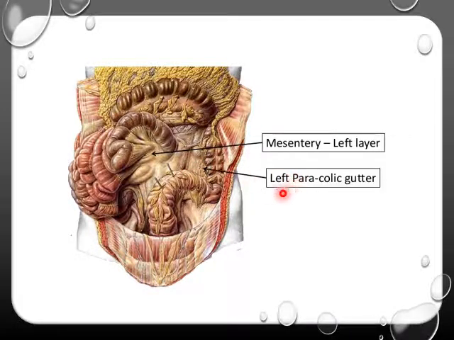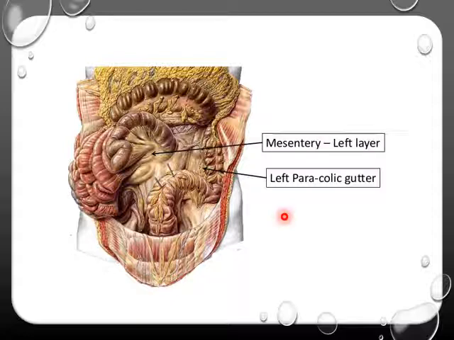Now one more thing you have to notice here is paracolic gutter. So what is this? Paracolic. Para is by the side of. Colic is colon. It might be either ascending colon or descending colon. So what is this gutter and why is this being formed? So now imagine a big tube on which we are laying a cloth. The cloth will take the shape of the tube on which it is lying, right? But by this it will be covering the front and sides of the tube. If you notice, by the sides of the tube there will be a small depression like thing, right? So the depressions are what we call as gutter here.